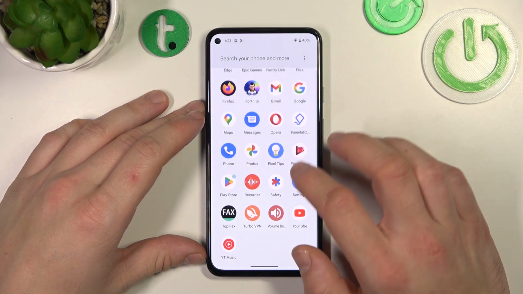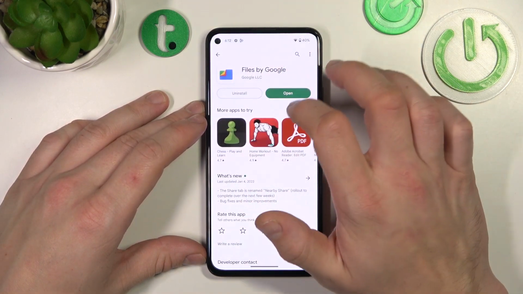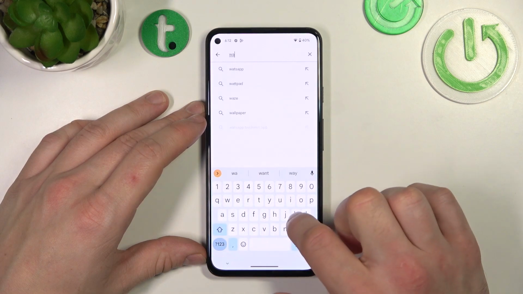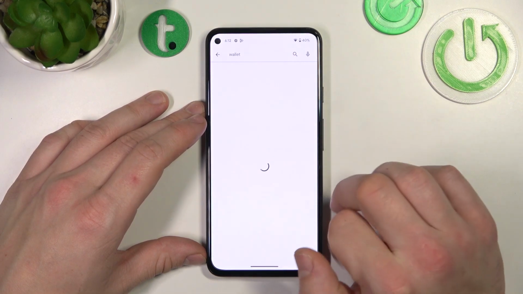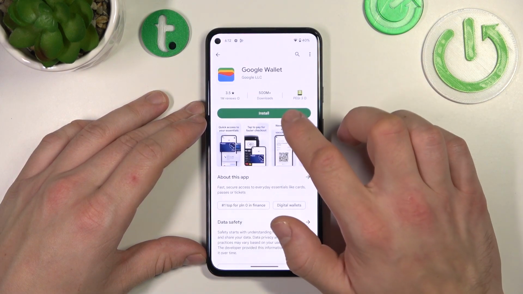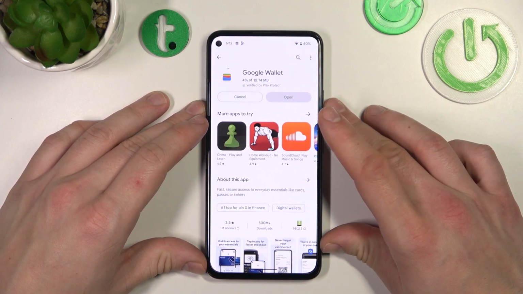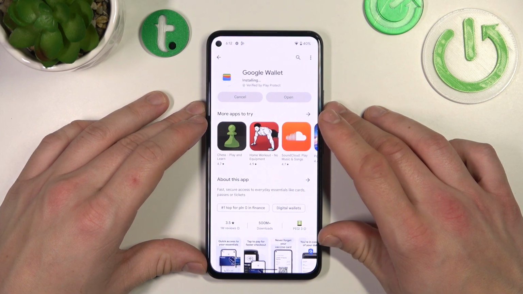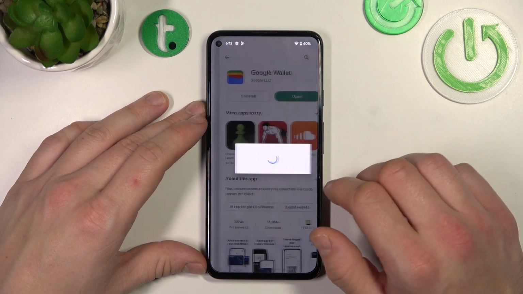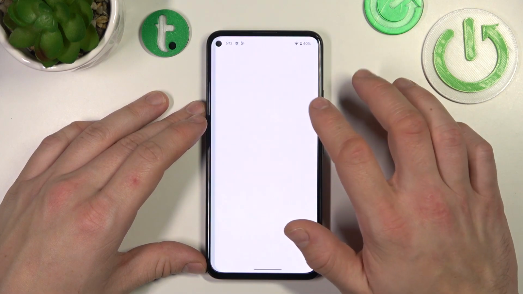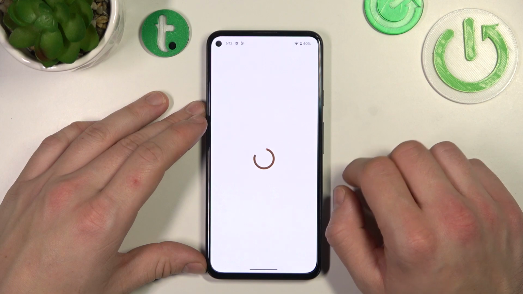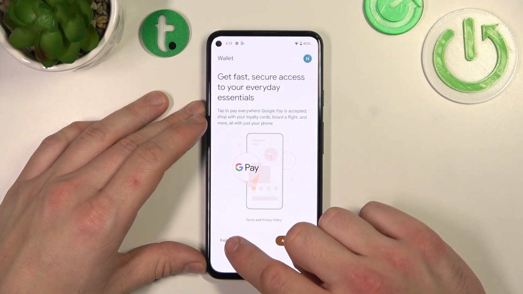In the beginning, if you don't have it, download it, enter Play Store and search for Wallet. Install this app. Now open it. Select Explore Wallet,